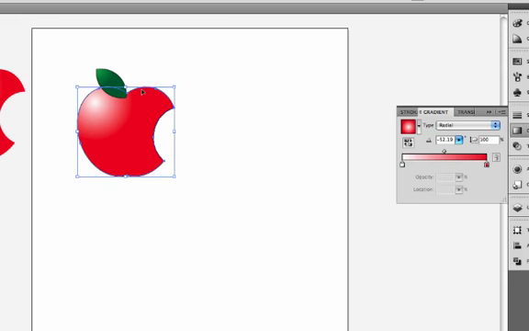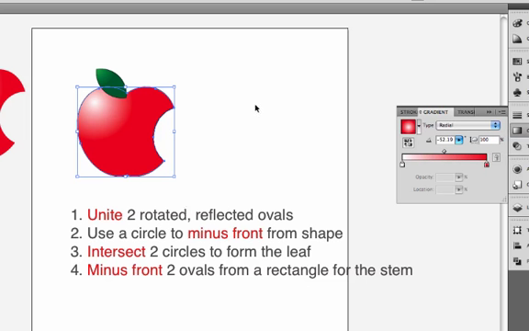So again, this shape was made by uniting those two ovals, and then we took another circle and put it on this other shape after it was united, and we did a minus front, which took a bite out of it. And then this leaf was created out of an intersect Pathfinder. Our very last one, we're going to use minus front to just create this stem shape. And I'm just going to use a rectangle,